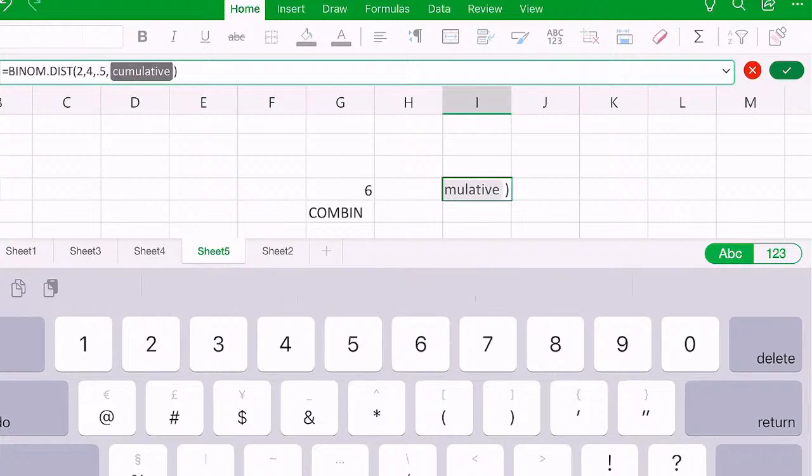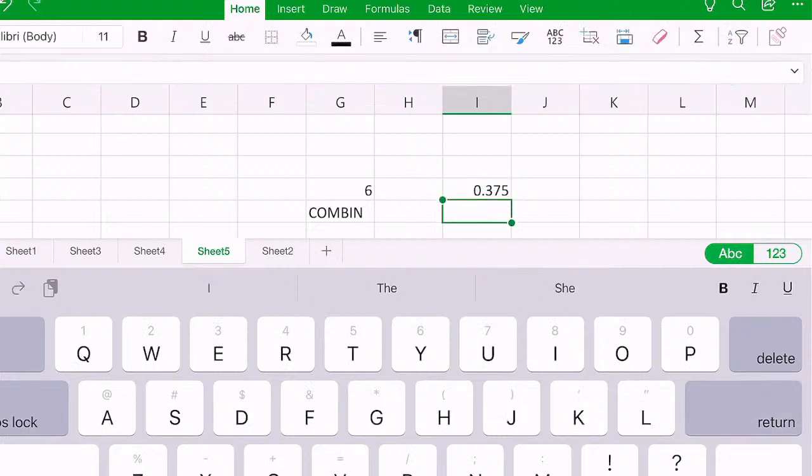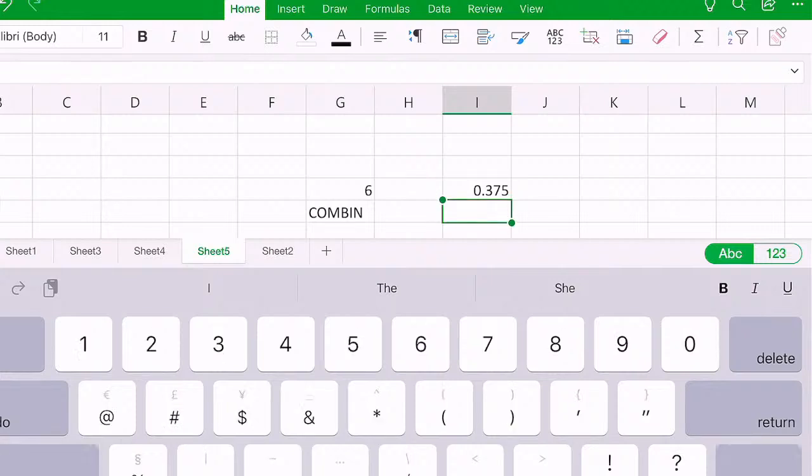And I do not want cumulative, so I think I say no. So I just want the value itself. Otherwise, it's going to add up everything before it, and I'll explain that in a second. So this is the answer, you see? So 0.375, and then you have to say 0 because I just want the value for K equals 2. I don't want the value for everything cumulatively before that. If I hit cumulative, I'm going to get